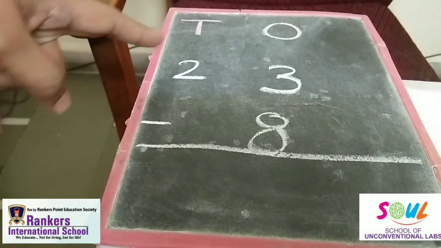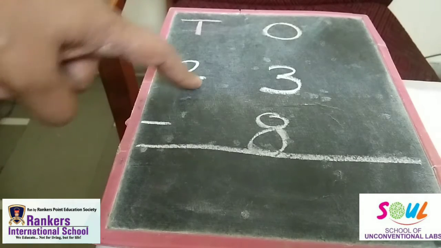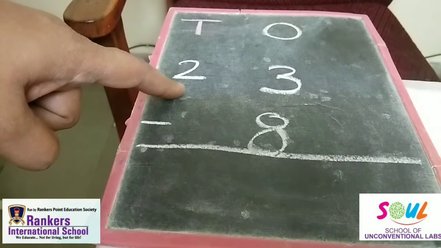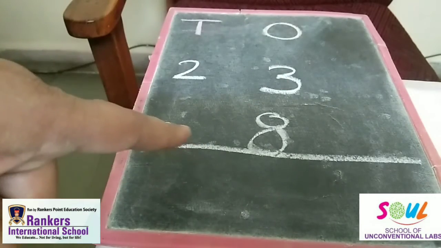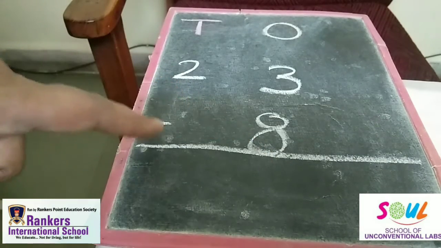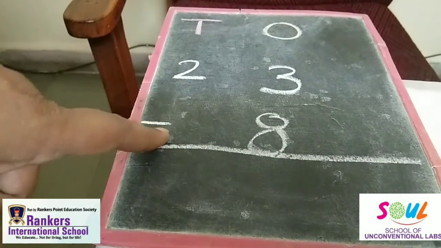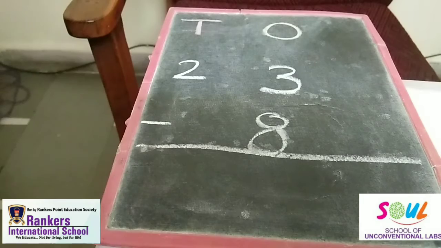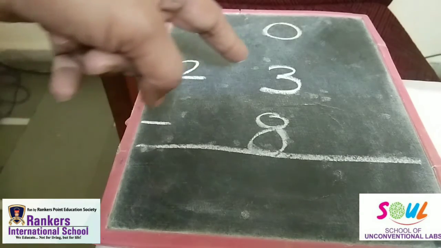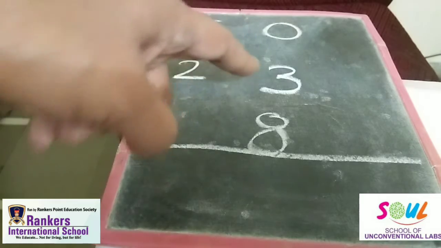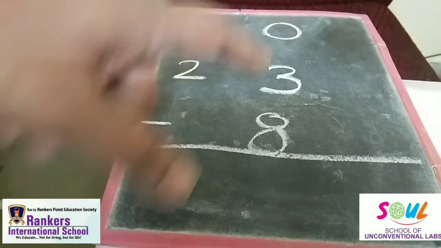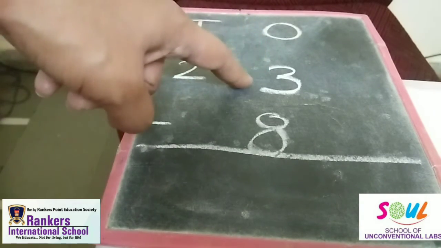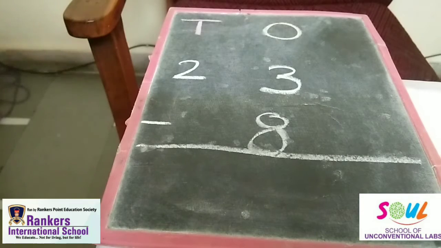Okay, so here we will learn how to subtract on the slate. Okay, so what numbers are written here? 23, and we have to subtract 8. Okay, this is the sign of subtraction, means minus. Okay, so again, if we start doing calculation from the ones place, in subtraction always the bigger number should be upside, means यहाँ पे आपको हमेशा bigger number होना चाहिए. If it is not there, we have to use the borrowing concept.